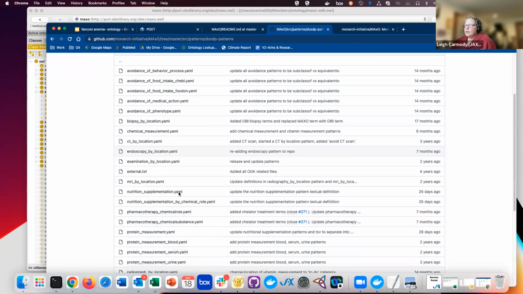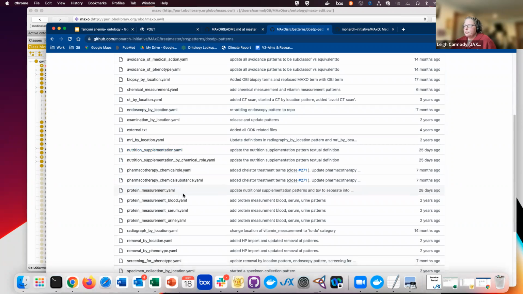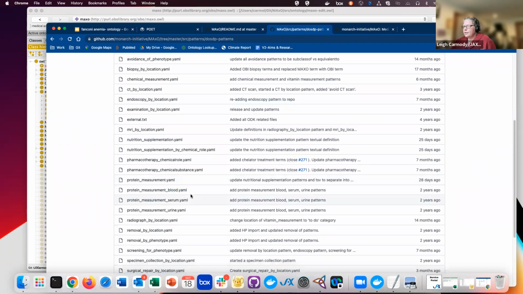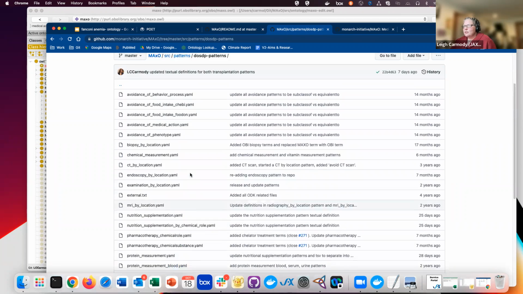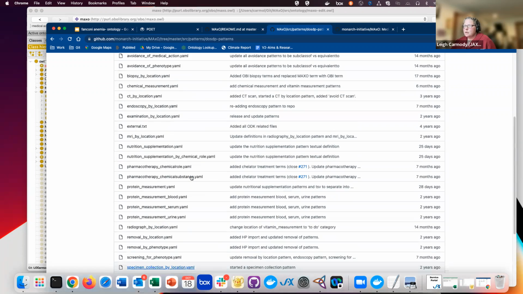And if you would like to add terms to MAxO for your own use, or you see something that is wrong, please add requests to the GitHub. If you would like to build something yourself, please check out all these different DOS-DP templates, because some of the terms that you might recommend would fall under one of these patterns,